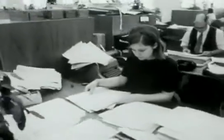Despite all these changes in the appearance of the office, its efficiency still left much to be desired. The swinging 60s accelerated the liberalisation of office regimes,